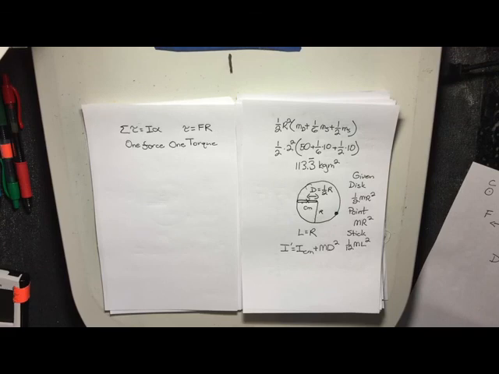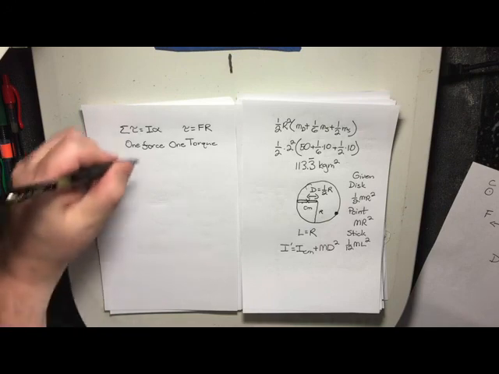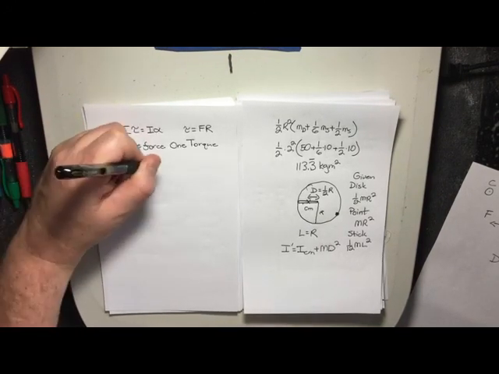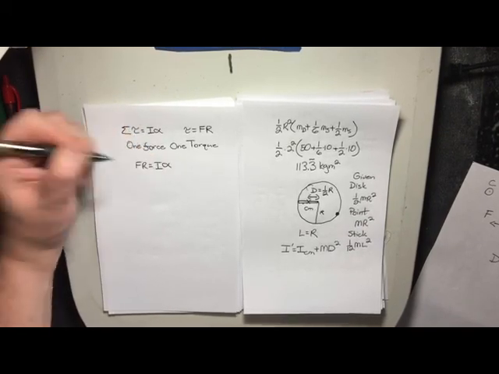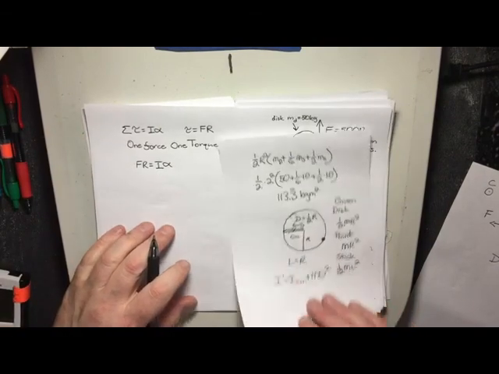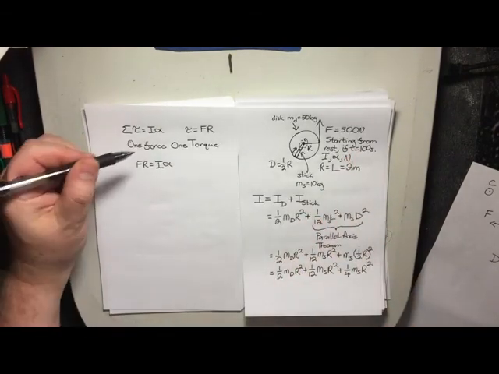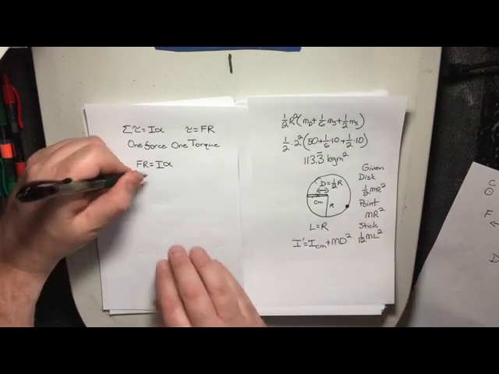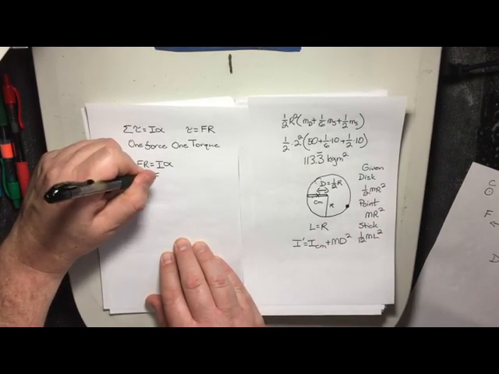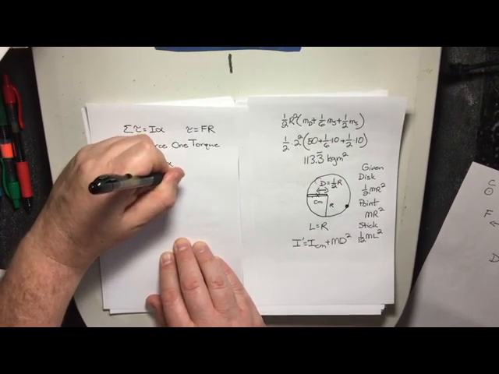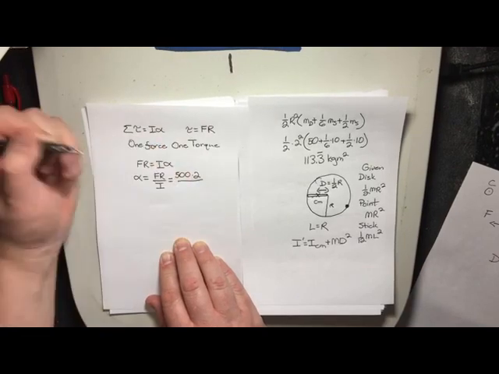If you had 5 forces, which we won't do on a test, you would have to sum up 5 torques. So one force, F r, is your torque, and that is equal to I alpha. My force was given, 500, radius was given, 2, and I've solved for moment of inertia, so my alpha is F r over I. 500 times 2 divided by